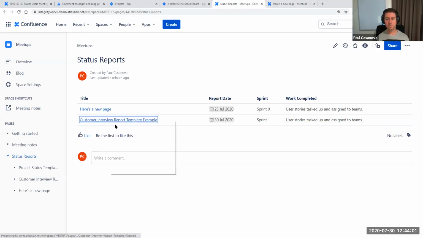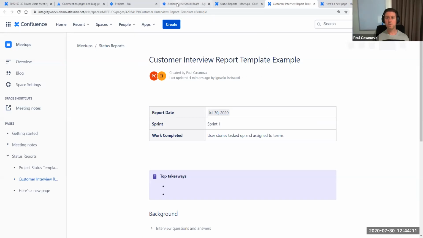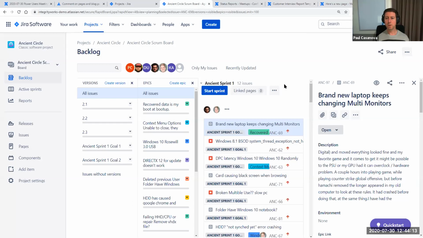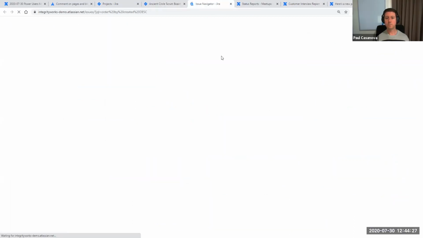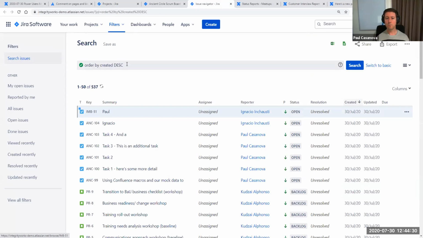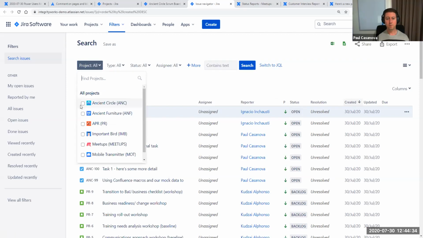Now, something else that we can demonstrate, our work completed, we could either make that a narrative, like we've got at the moment, user stories tasked up and assigned to teams, or imagine that we're looking at, I've just jumped into Jira here now, right? So we're looking at the ancient sprint, and imagine that we wanted to look at, I'm not sure what data we've got here, so let's do a query. And I want to look at, I'm going to go basic, and it's ancient circle. So if we go ancient circle,